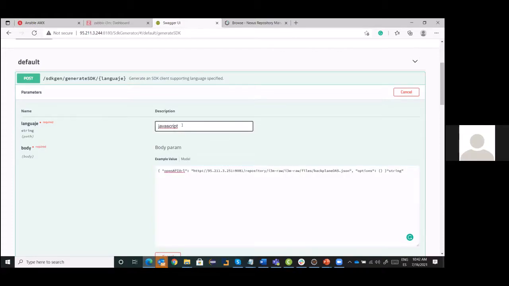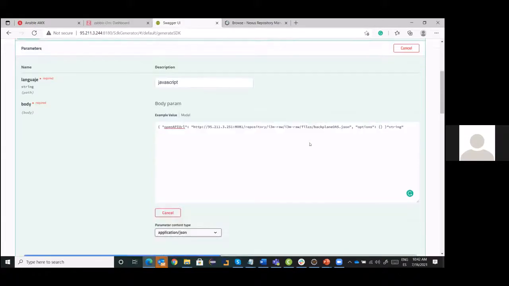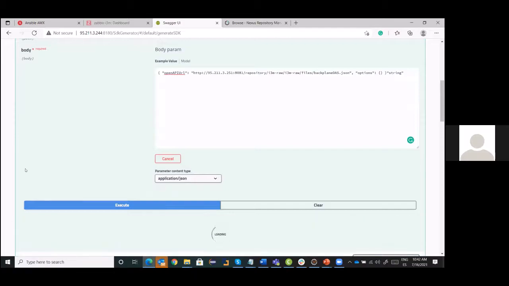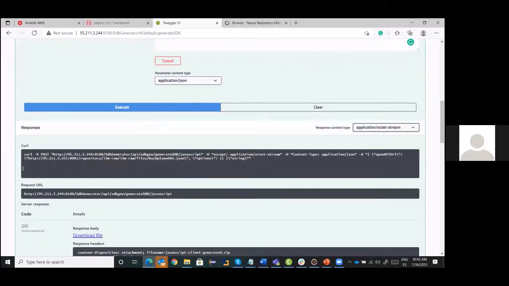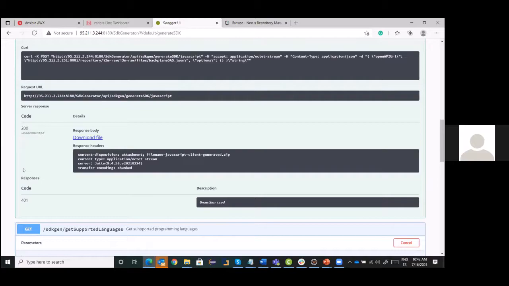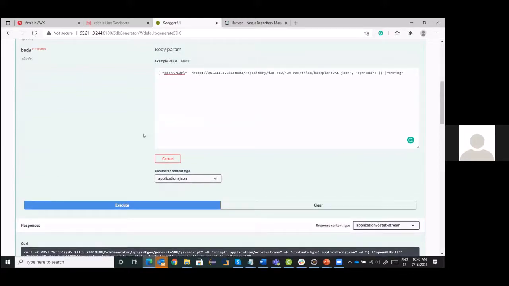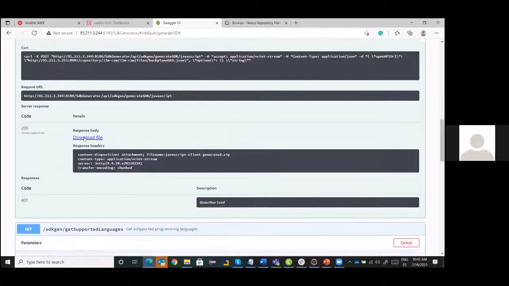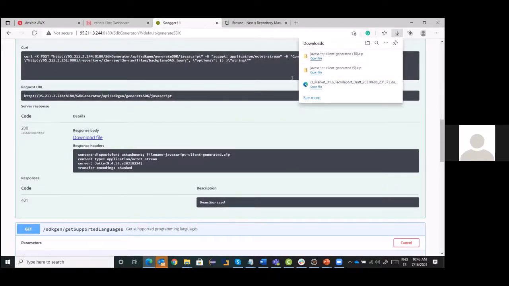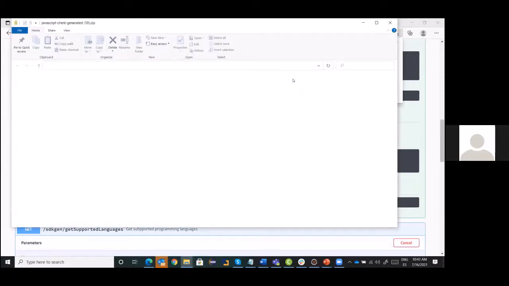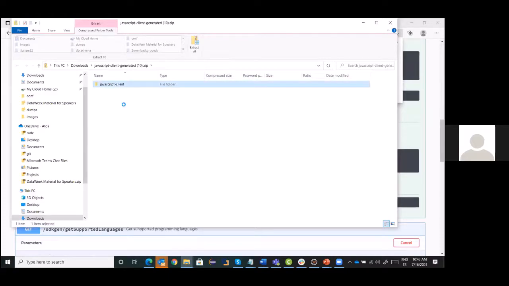And if we specify here JavaScript and try out, we are going to generate the client, the SDK client for consuming or for interacting with the functionalities exposed in the backplane API. And in concrete, if we click here and we open this zip file that the SDK generator has provided for us, you could,